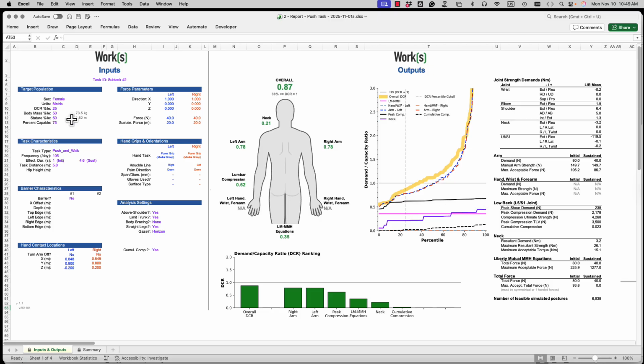Because we've picked a 25th percentile DCR, then from 0 to 100 percentile, we've flagged the values at the 25th percentile. So you can see that the overall is flagged at 0.87, and the left and the right arms are flagged at 0.78. For more details on this graph and the DCR ratios,